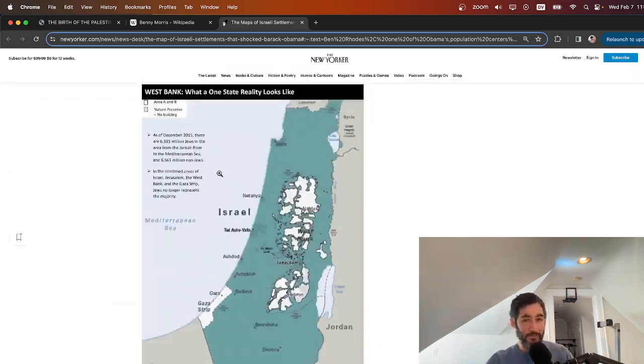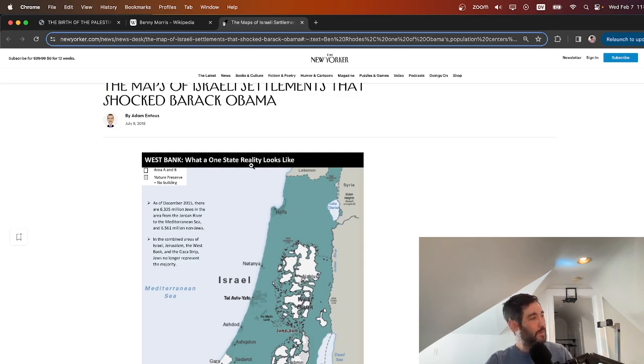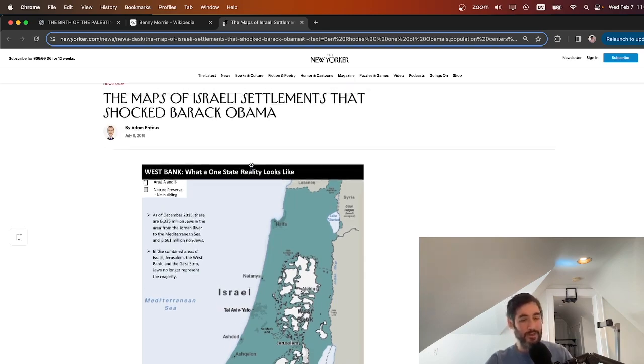And what ends up happening in this article is there was a famous moment towards the end of Obama's presidency where the U.S. failed to veto a UN resolution condemning Israeli settlement building. And Netanyahu and the Zionist world took this as a huge betrayal from Barack Obama, and they still hold a grudge against him for it. But the reason is because he sort of saw through this propaganda technique. He saw that there is no two-state solution. No one on the Israeli side believes in a two-state or is working for a two-state, and there's no way it can happen, because how could you possibly draw a border with a second independent Palestinian state now if you have 60 years of unrestricted settlement expansion? Okay.